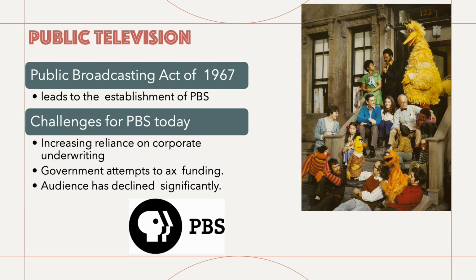However, just like what we see with radio and NPR, PBS is now facing many challenges. There have been continued attempts from the government to reduce or remove funding, and as a result, PBS has become increasingly reliant on corporate underwriting to produce programming. So it's not as independent from profit motives as it used to be. For example, HBO now produces Sesame Street, one of PBS's premier educational programs for children. Audiences have also declined significantly for public broadcasting, especially with the accessibility of content in digital formats. Much of that programming is still popular and is being restreamed on YouTube, so people are still watching the content,